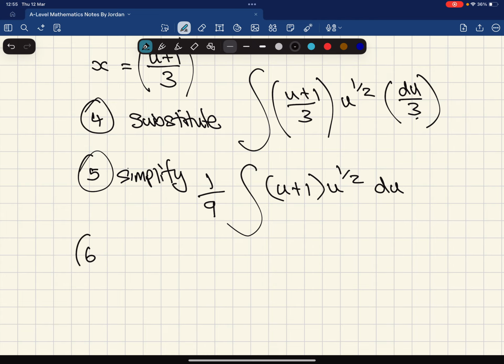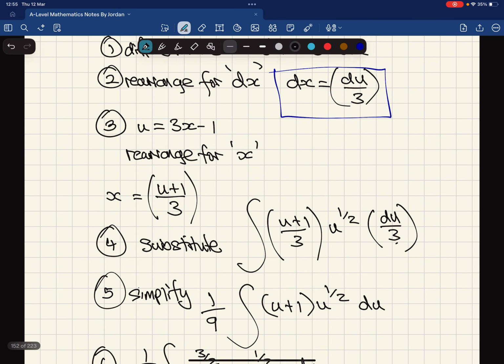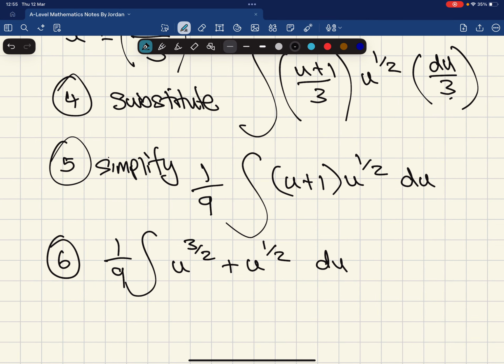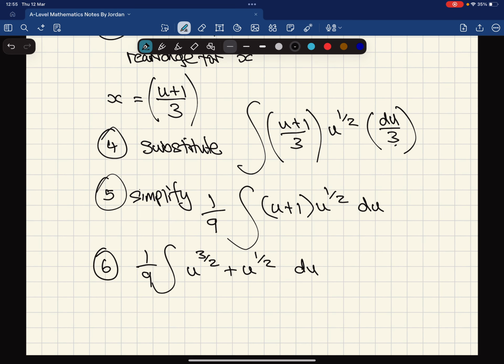Then we're going to multiply out that bracket, which will give us u to the power of 3 over 2 plus u to the power of 1/2 du. Then we can perform the integral. This is actually quite nice now because it's turned into effectively a first year integral. I'm going to leave the 1/9 at the front whilst I integrate,